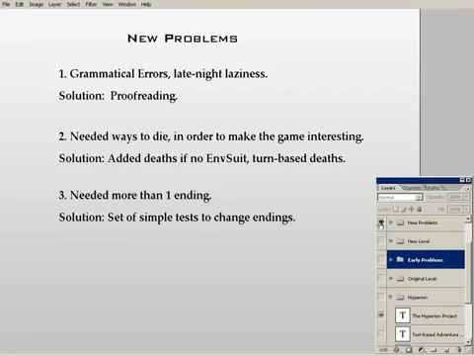And so that took care of all of our endings, and then we needed more than one ending. That took care of all our deaths. Then we actually needed endings, because in the end I just had, you get away and happily ever after, and we needed some sort of variety. But to do that, we needed some sort of situation or some sort of factors to be accounted for by which other endings could occur. That's the key. And so we came up with a couple of things, some simple tests where, did you actually pick up the fusion grenade and did you carry it all the way through? Because that's the funny thing.